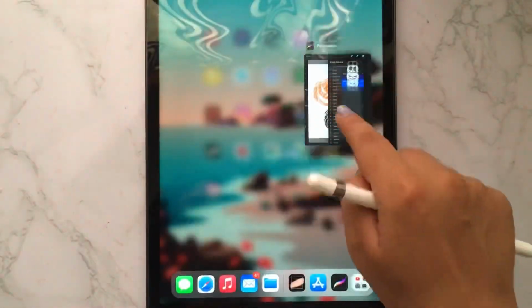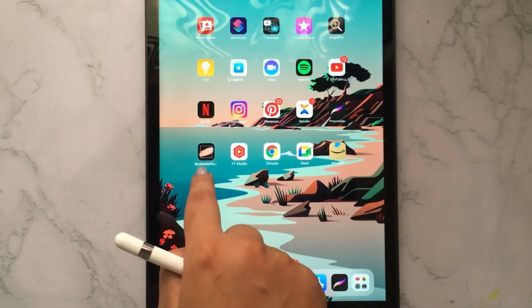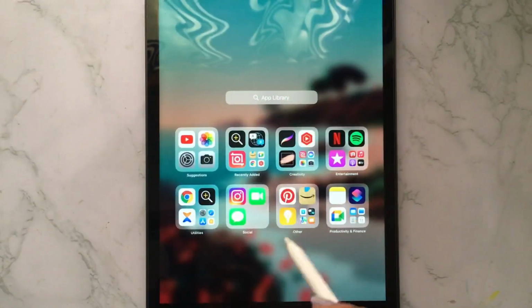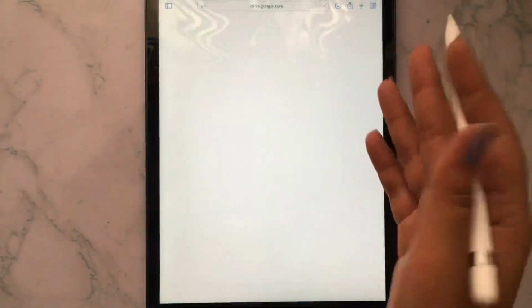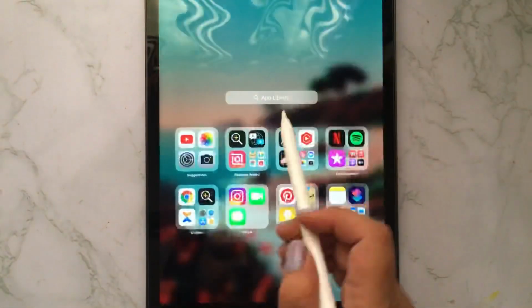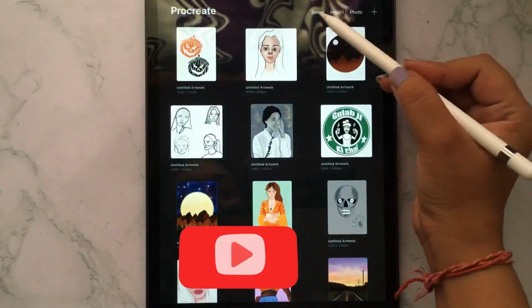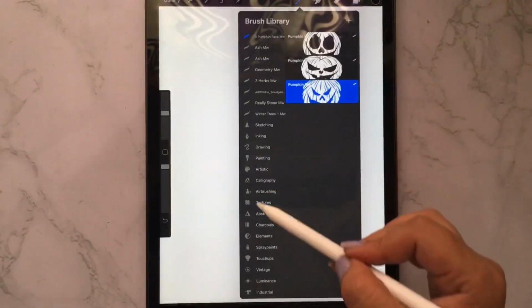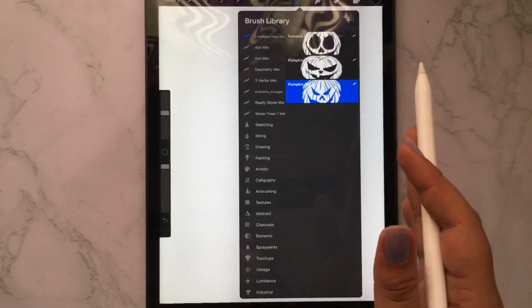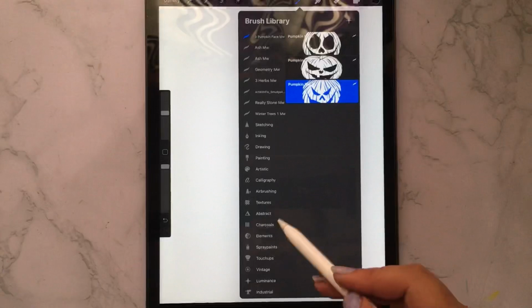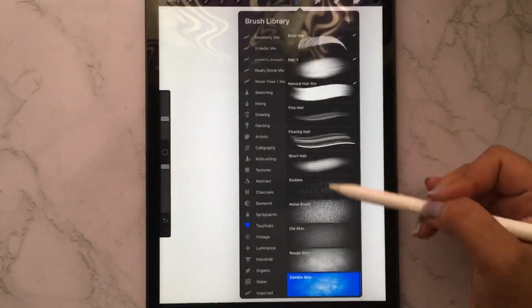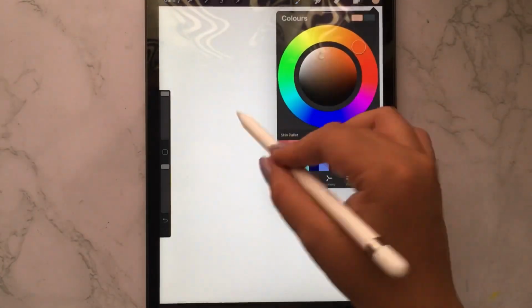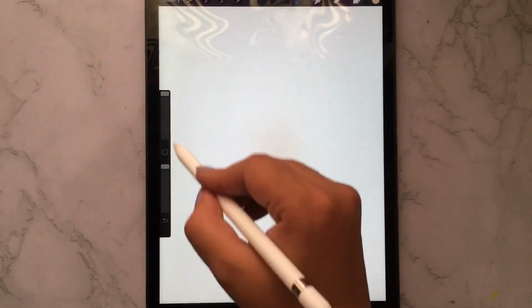So once again I will tell the name of the app. It is Brushes for Procreate. So you can go to this, or also you can go to Google and search for free brushes in Procreate, and then you will get them. It is very helpful. As you can see, I have also imported some brushes which are useful in portraits. And you can see I have imported these brushes, which are old skin, zombie skin and all. You can see the skin texture.